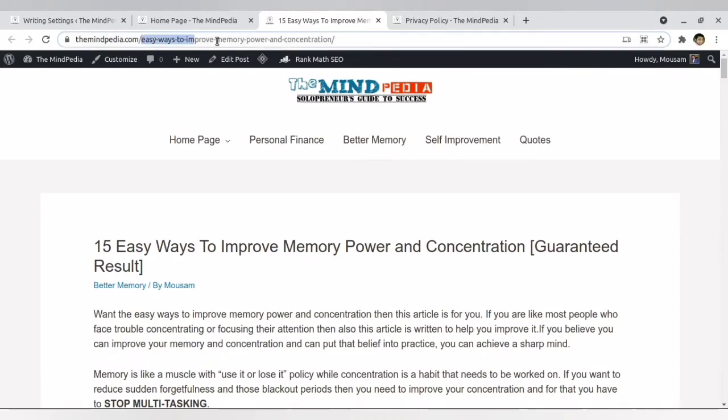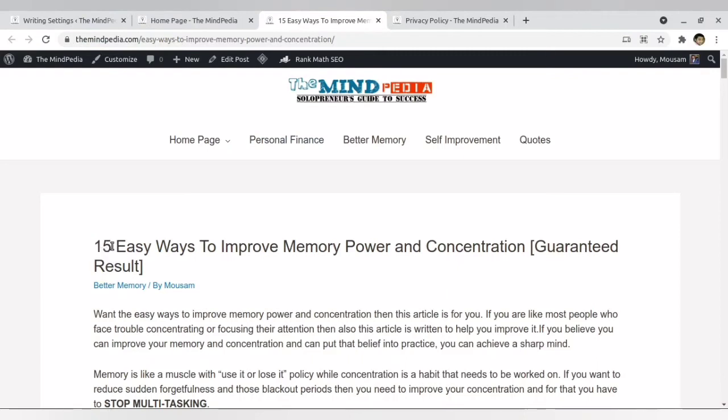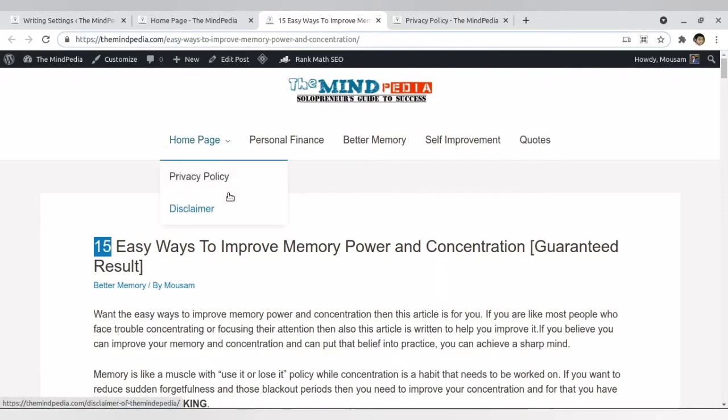Now you can also change it, obviously, because see over here the name of my post is 15 easy ways to improve memory and concentration, isn't it? But obviously this is not in the URL. Why? Because in future, suppose if I change this 15 easy to 21 easy ways, I cannot change the URL, because if you change the URL, the location will change and your indexing will get hampered. That's the reason always select a permalink which is evergreen.